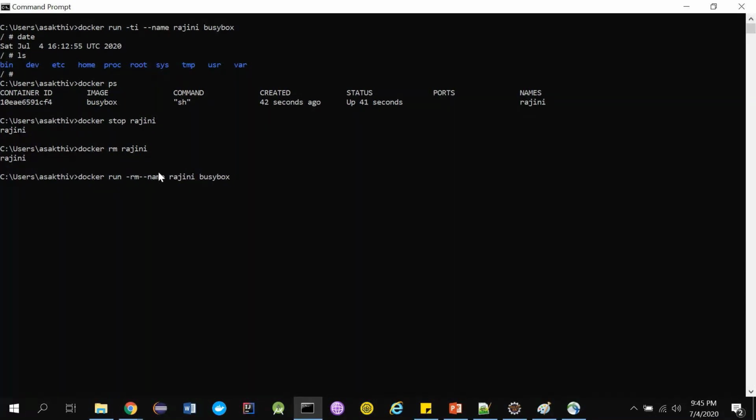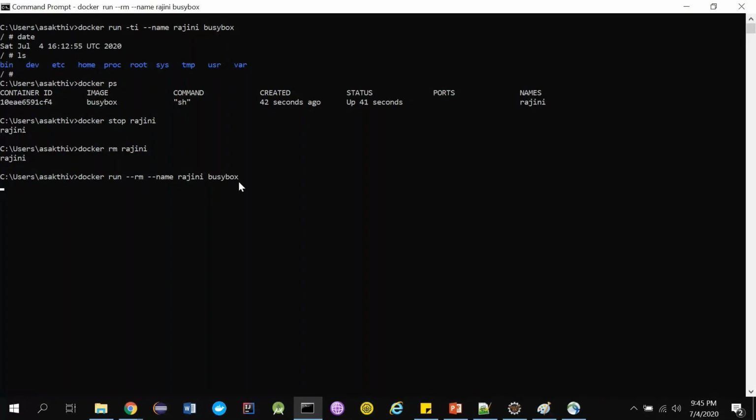So I think it's hyphen rm. Okay, let's check. Yeah. Docker hyphen rm means remove the container once it goes to the exit state. Once it is stopped, please remove it automatically. You don't have to wait for my call.